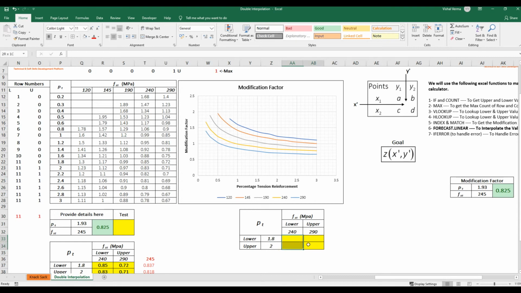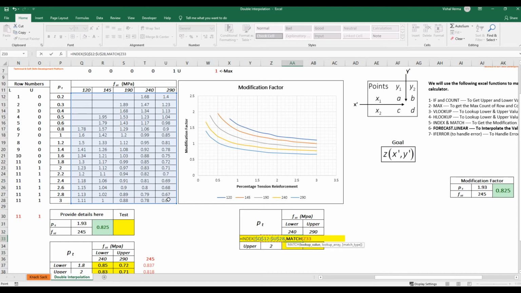Now, to get this modification factor values corresponding to 1.8 and 240, we need to use index and match. Use index, array. What is the array here? Yes, this. Okay. Then what is the row number? Row number is match. What is the lookup value?